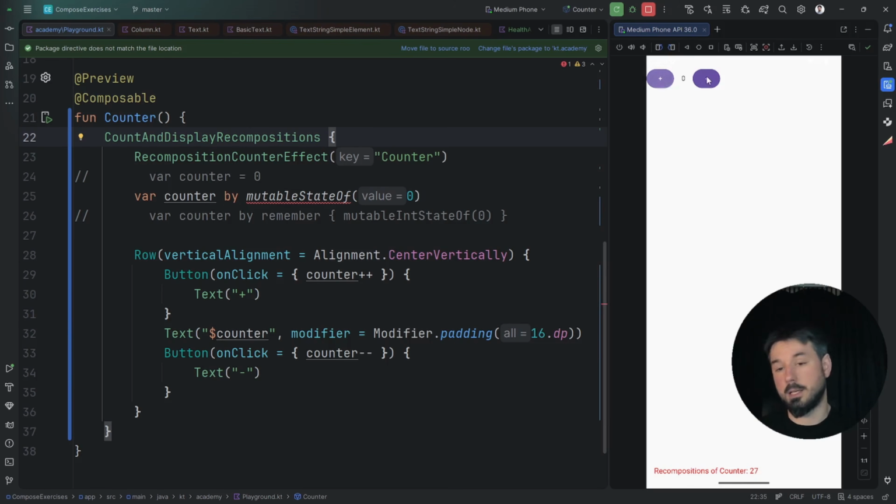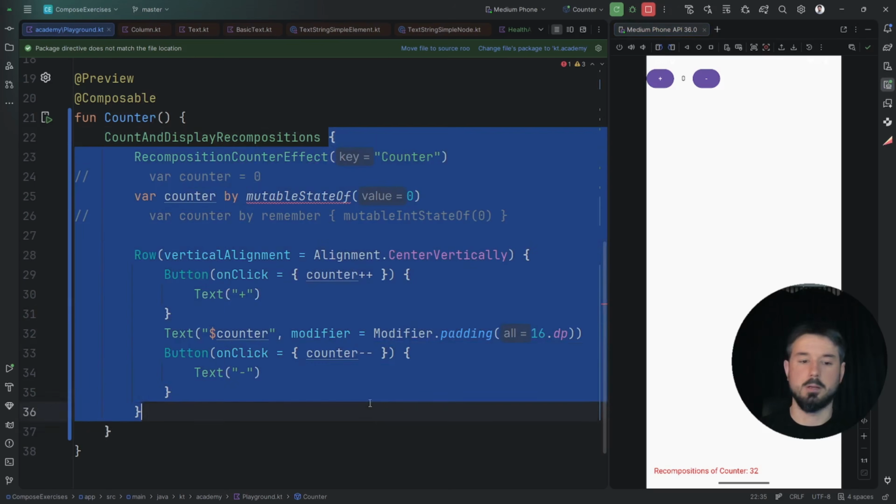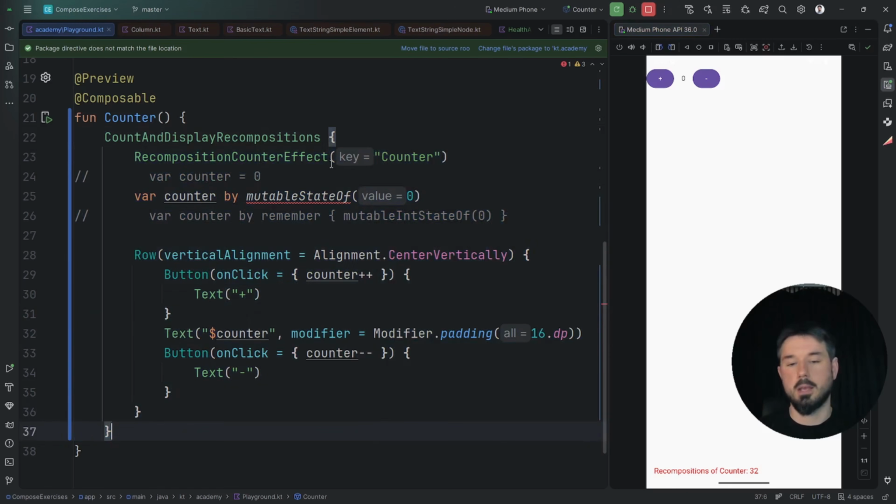But as you can see, I can still see value 0. Why is that? Because even though I do recompose this scope, every time I recompose it, I literally call it, and when I call it, I create a new instance of snapshot state with initial value 0. So with every recomposition, a new variable, a new snapshot state is created, and it is always created with value 0. So it doesn't matter what I do, the value is still 0.